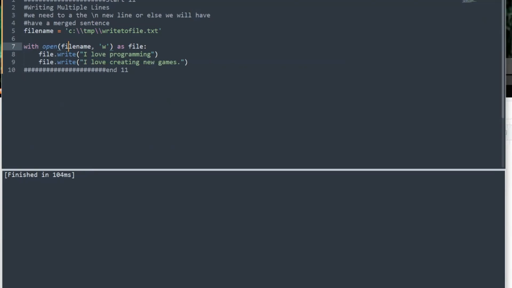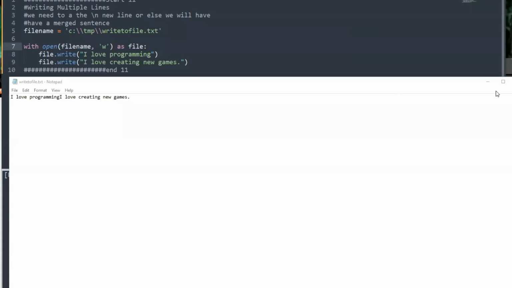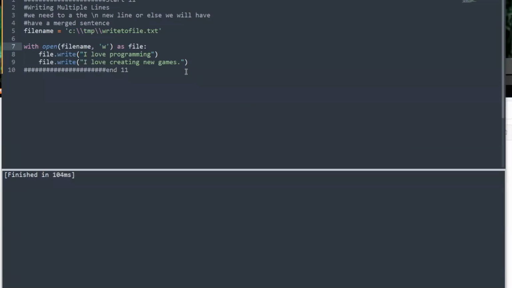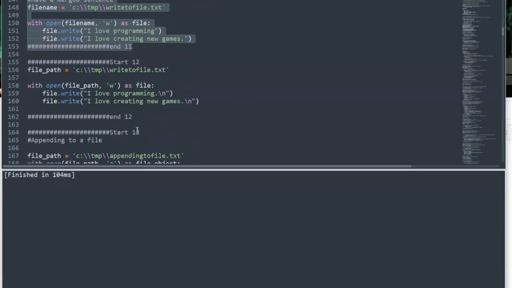Let me open that file up so you can see it. So here's the file, and you can see I love programming, I love new games. And you can see that's put them on the same line. So that's why we're going to want to write to multiple lines so that it looks like that instead. Okay, so let me go back, don't save, and we'll work on